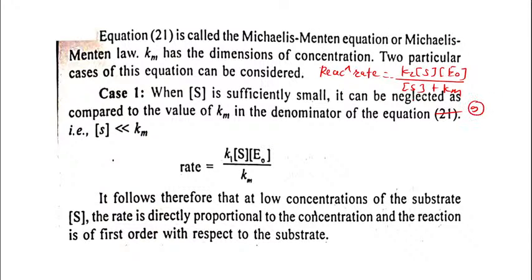Concentration of the substrate can be neglected here. It is very small. So the equation can be written now in this way, K1 into this divided by Km. From this equation, it follows that at low concentration of the substrate, this